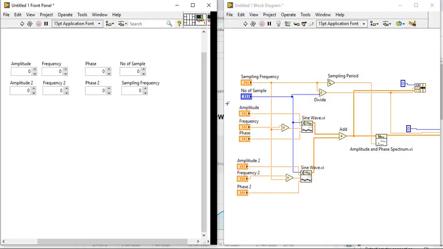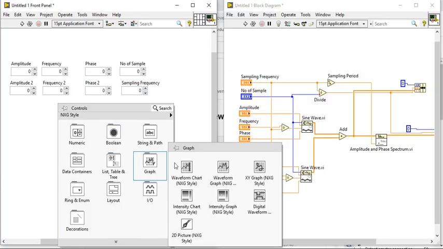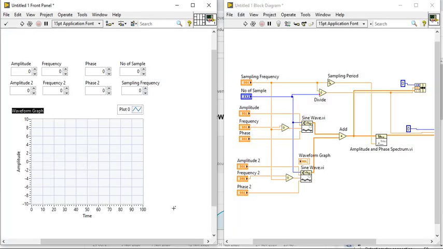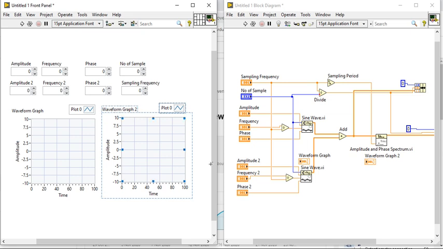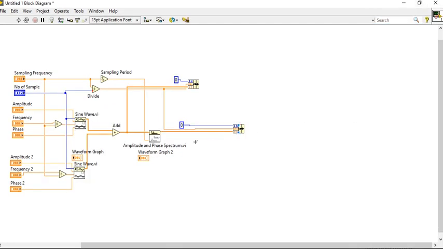Now come into the front panel, right click, and take a waveform graph. The first one will be the sine wave in the time domain.